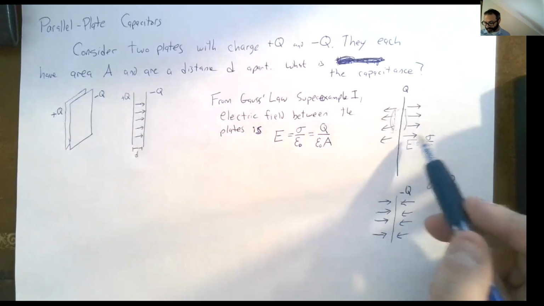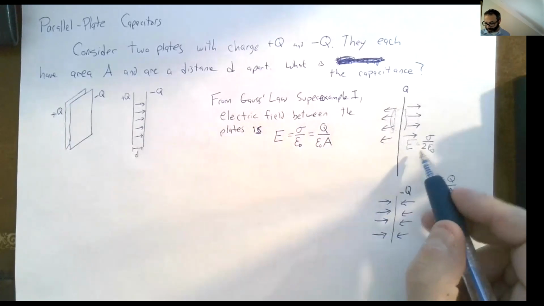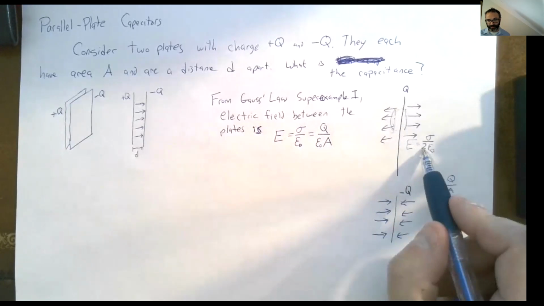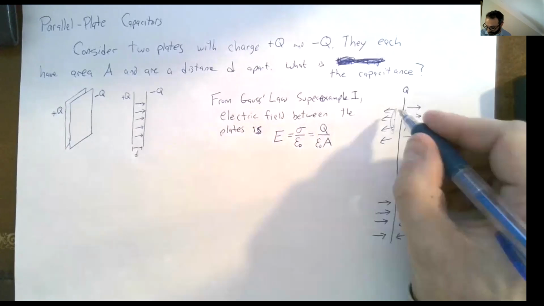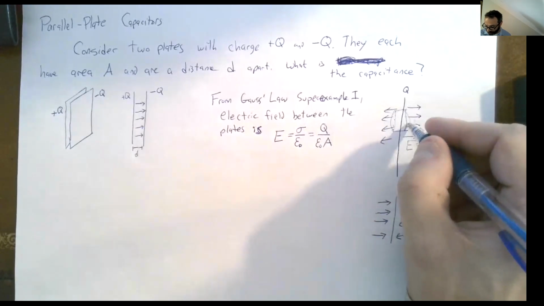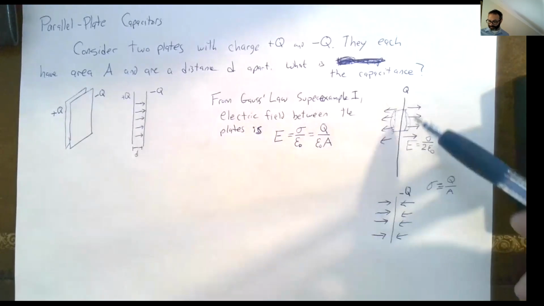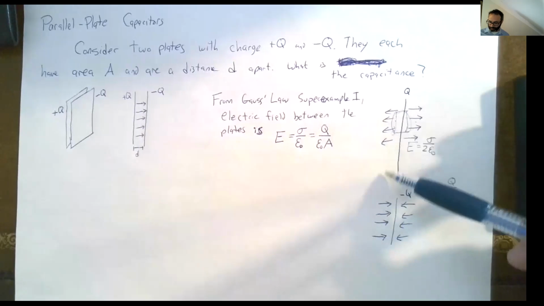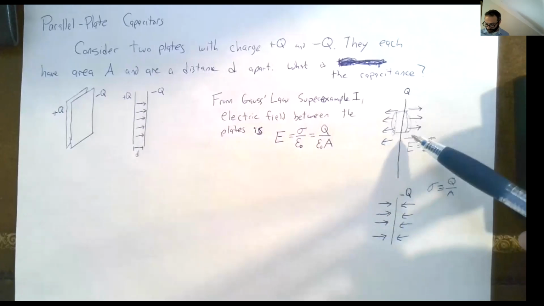I didn't go back and do the Gauss's law example out again to come up with this. When we did do that, we drew the cylinder and looked at both end caps. But now that we know that the electric field is sigma over 2 epsilon naught everywhere near this plate,